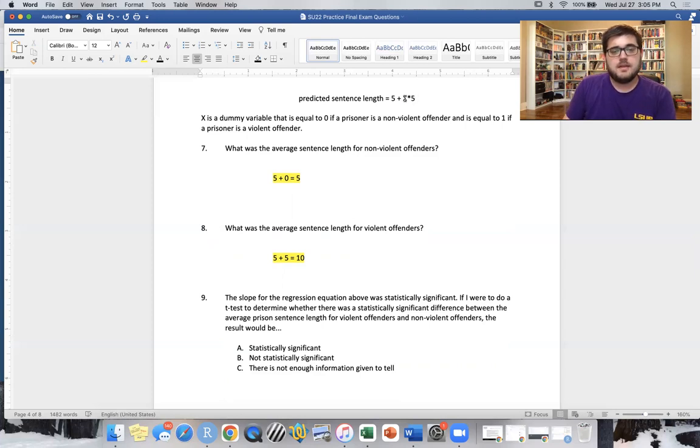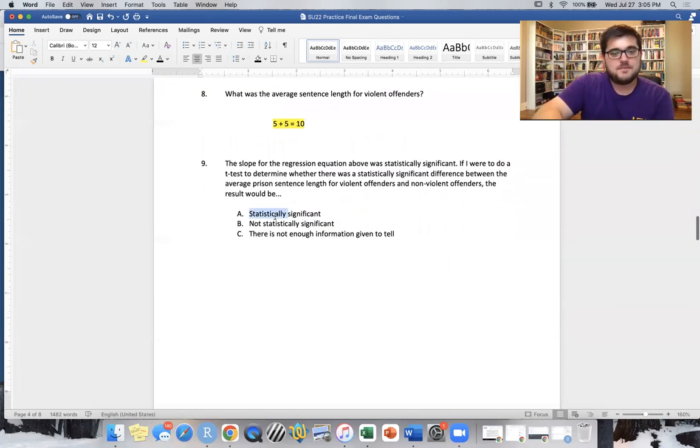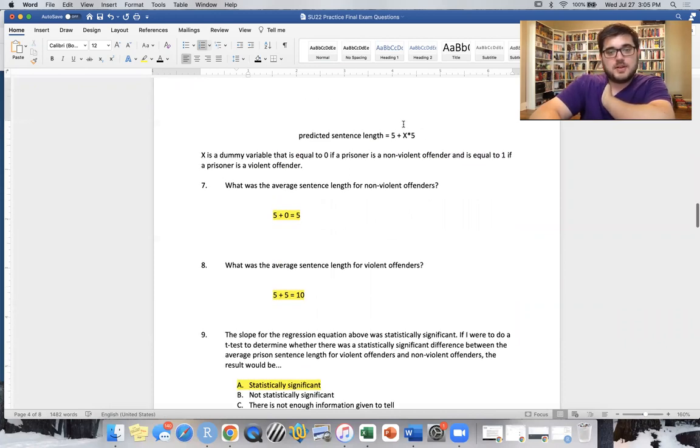So if that is statistically significant, that means that the difference between groups is significantly different from 0, which means the difference between groups is statistically significant. So it would be statistically significant. And there is enough information to tell, because in this situation